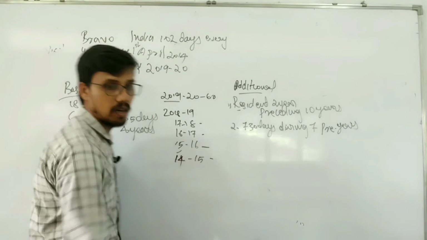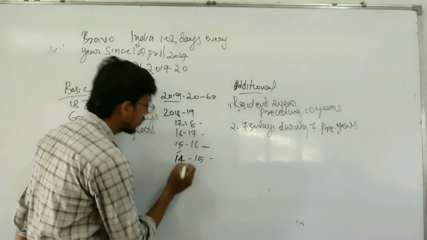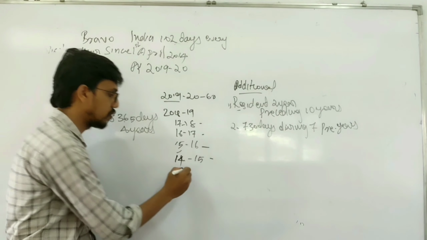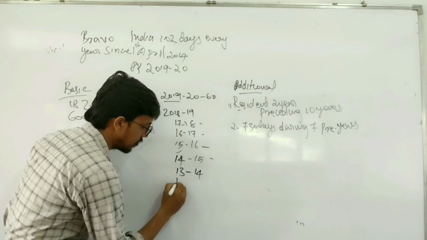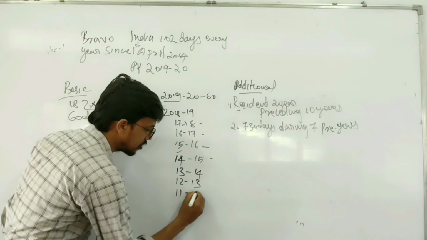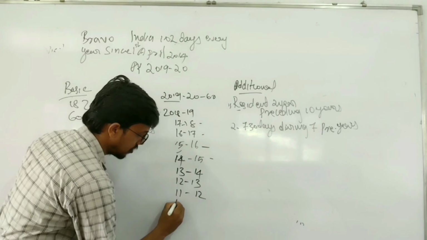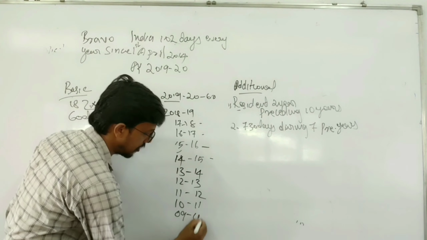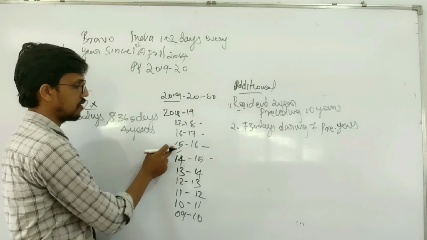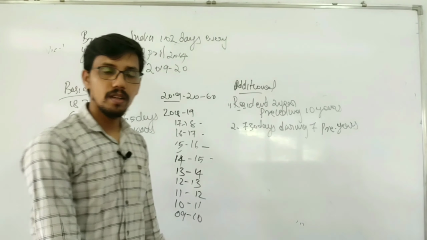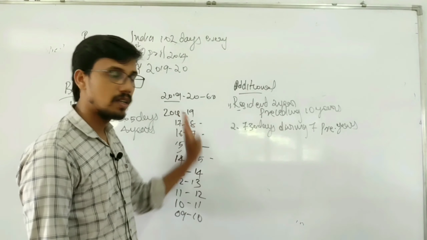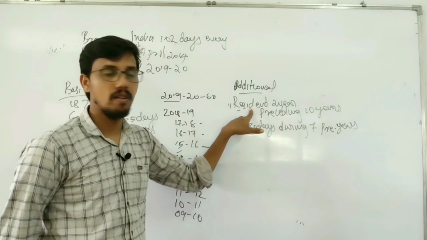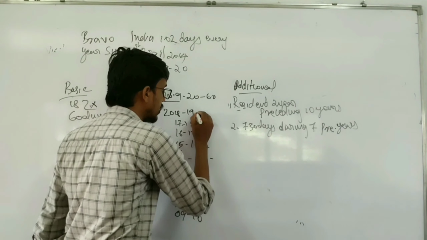The preceding 10 years are 2018-19, 17-18, 16-17, 15-16, 14-15, 13-14, 12-13, 11-12, 10-11, 9, 10. That is 1, 2, 3, 4, 5, 6, 7, 8, 9, 10. These are the preceding years, right? Out of these years, he has to be a resident for 2 years. That's all. But we have to check whether he was a resident in this